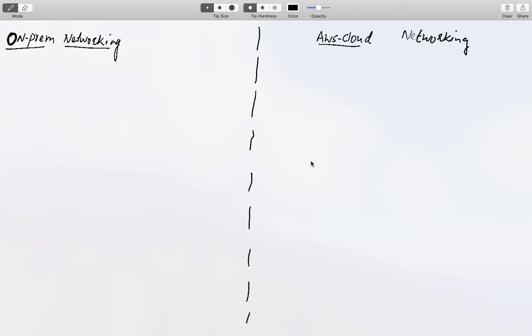Hello everyone. So today we are going to look at what networking looks like in the cloud. Before we move to networking in the AWS cloud, we just want to first look at what the components, or you can say the constructs, are that we have while we are on-prem. So typically, when we talk about on-prem networking, we have a corp network